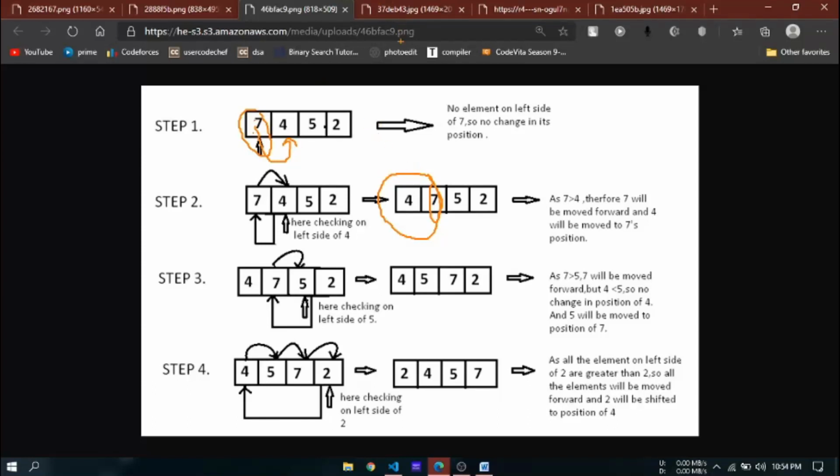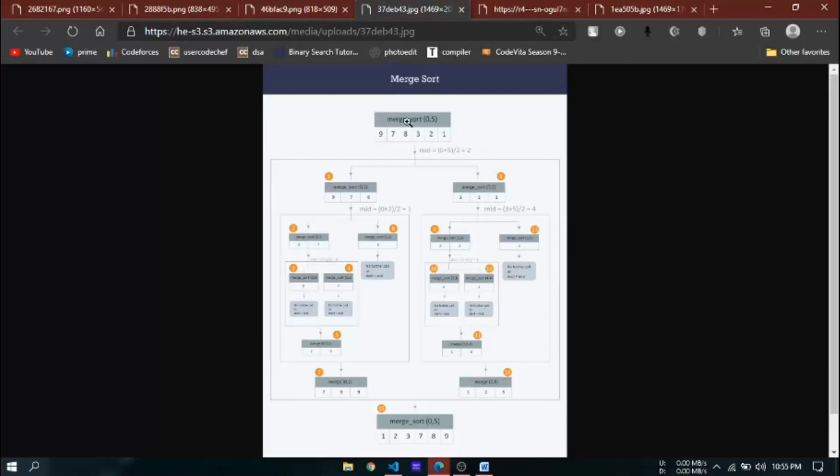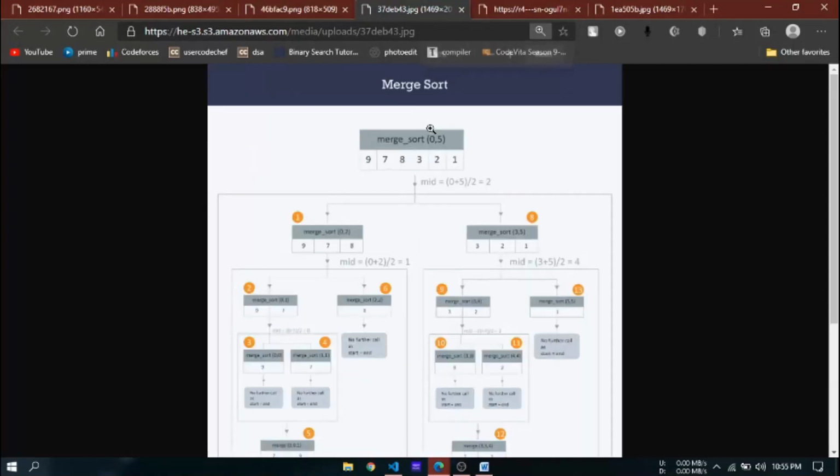So let's get to the fourth algorithm. It is quite complex, as you can see. It is merge sort. Merge sort is a bit more difficult than insertion sort, not too difficult. Merge sort is something like this. I don't know why they have given it the name merge sort. I think it should be break-merge sort. I will explain this now.